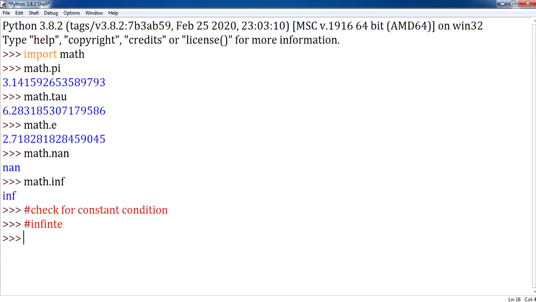We are going to check whether a number is an infinite number or not by using math.isinf. It will check whether the particular 5 is an infinite number. 5 is not an infinite number, so it is going to give you False.